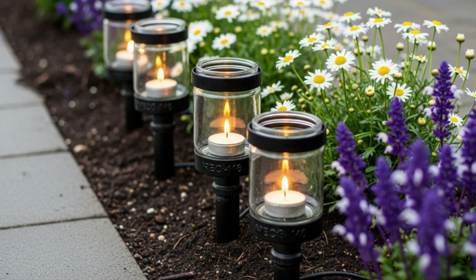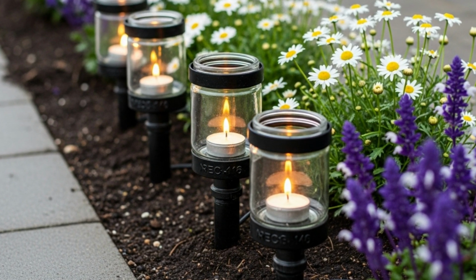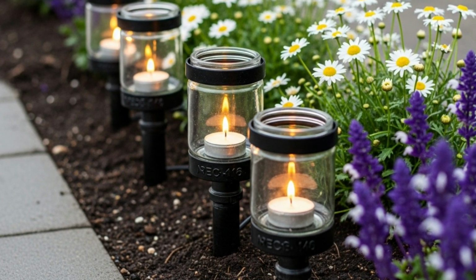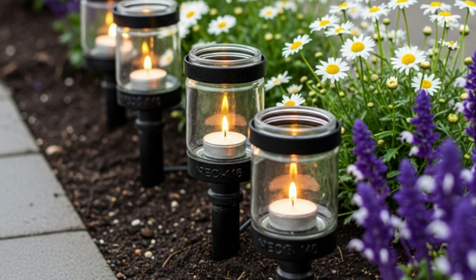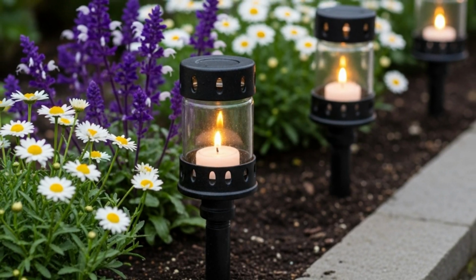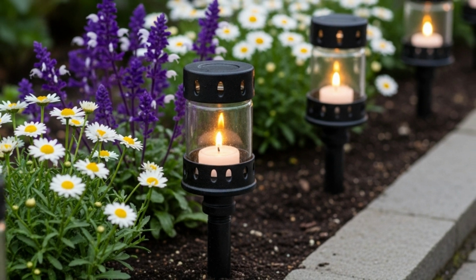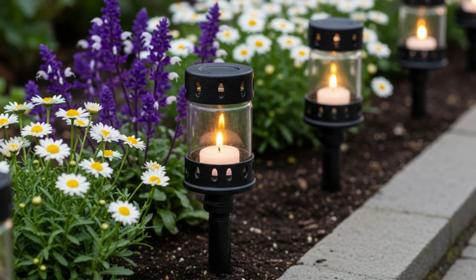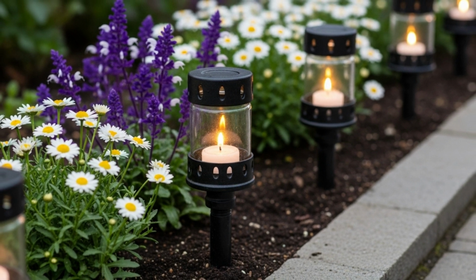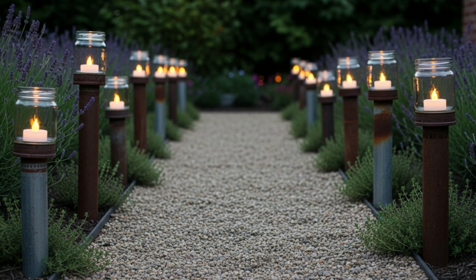Some evenings deserve more than silence. They call for warmth, not just in the air, but in the soul. Along this gently curving gravel path, something magical unfolds. Standing in quiet rows like sentinels of old, short metal pipes, once rusting in forgettable corners, now cradle soft light in their upcycled crowns. Each one capped with a glass jar, perhaps once filled with pickles or preserves, now holding